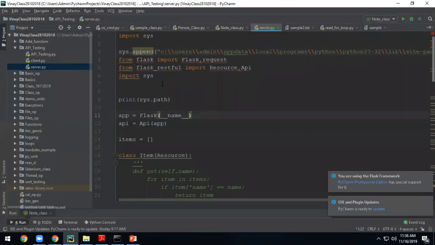Today, do an import of Flask, then you will come to know whether you are able to do it or not. Whether your packages are installed or not, you can check.